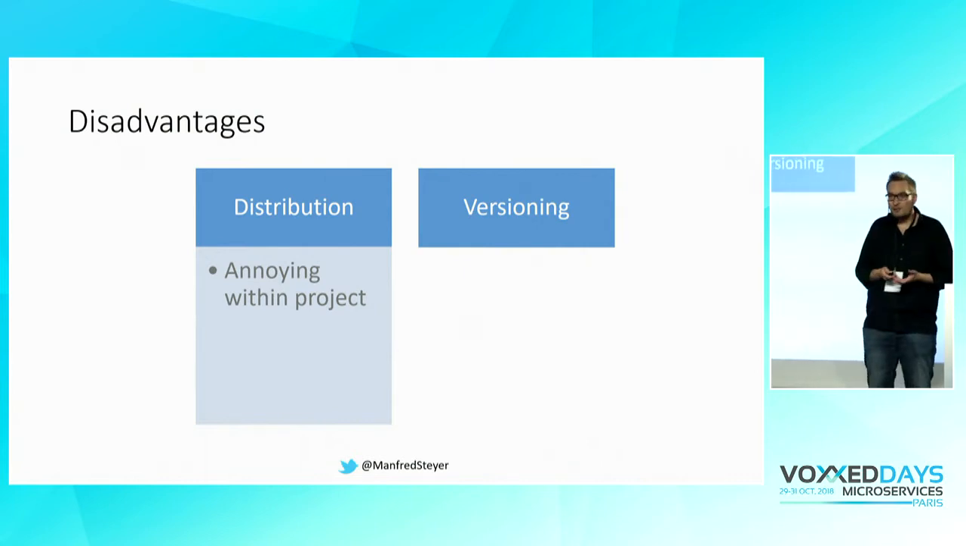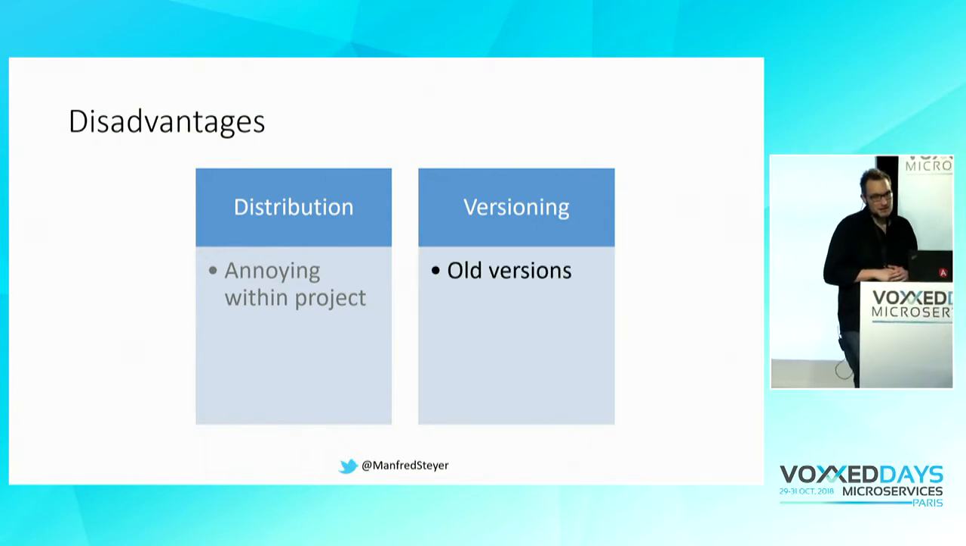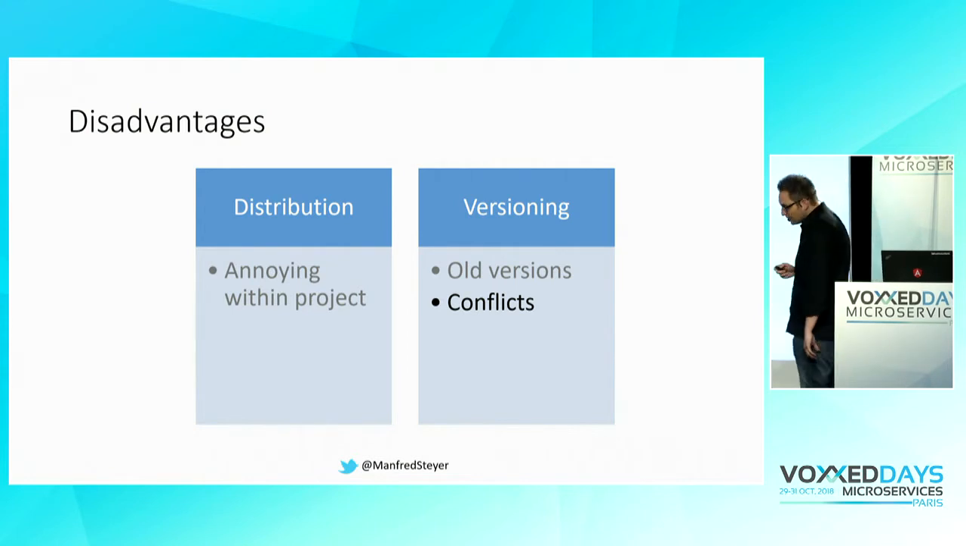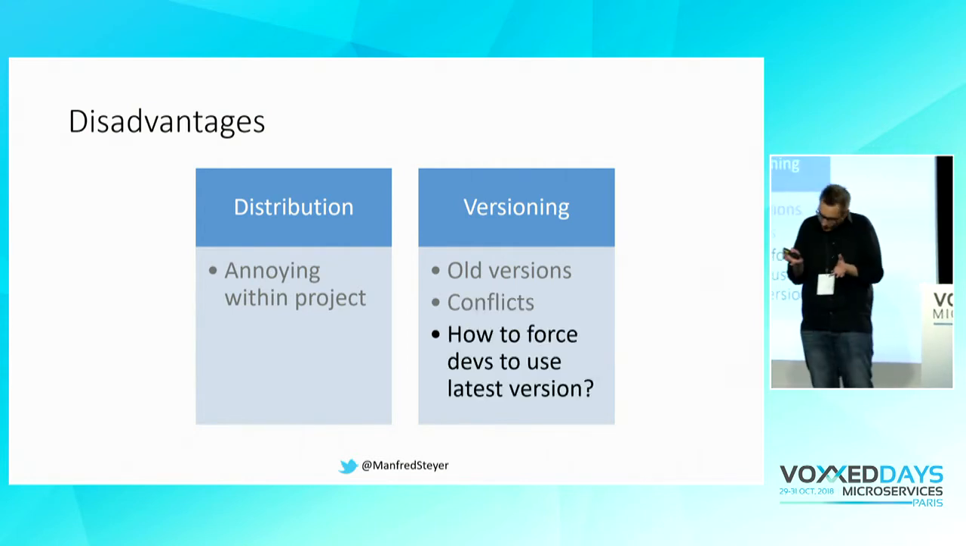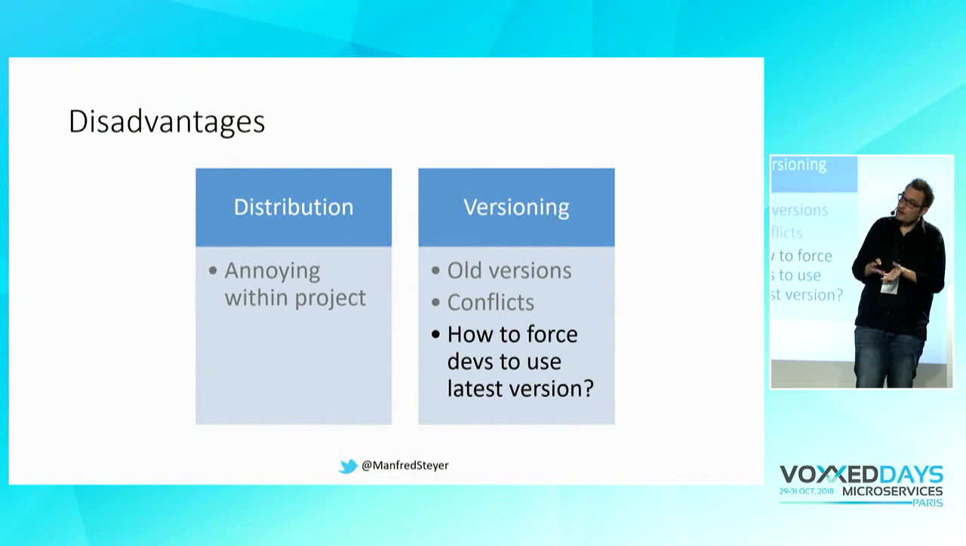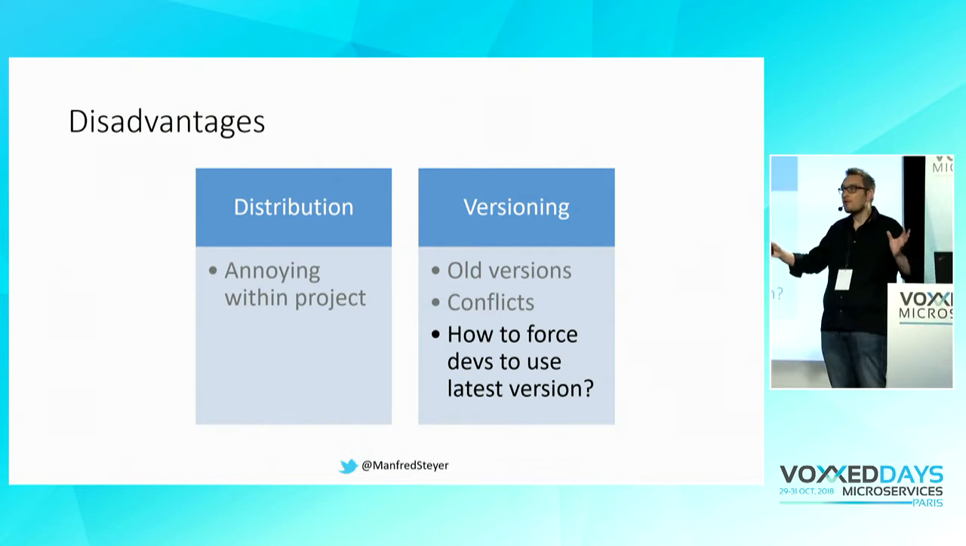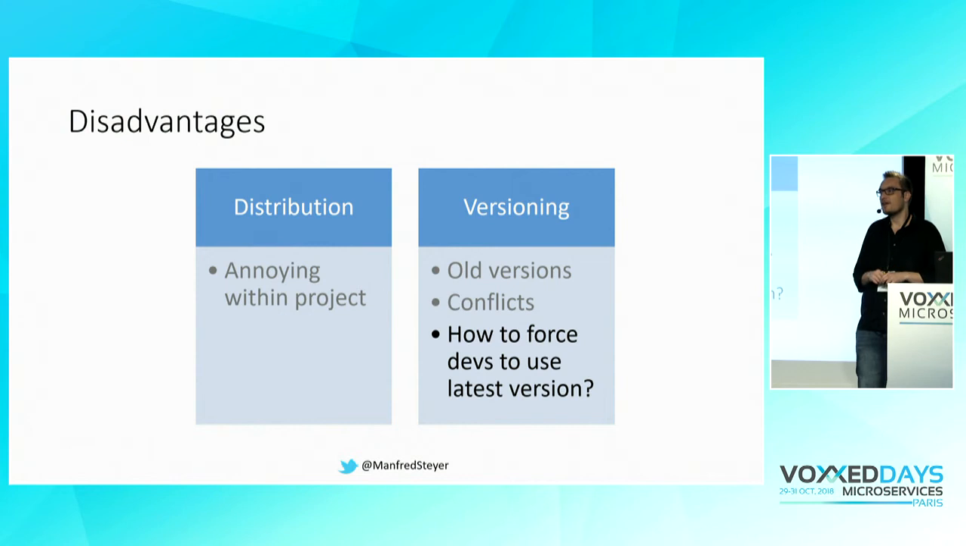Also, when it comes to versioning, it means you can have old versions out there. And this means you can have version conflicts. And somehow, especially within one big project, you want to force everyone into using the same version. This doesn't hold true when you have different projects, but for one project, one and the same version shall be